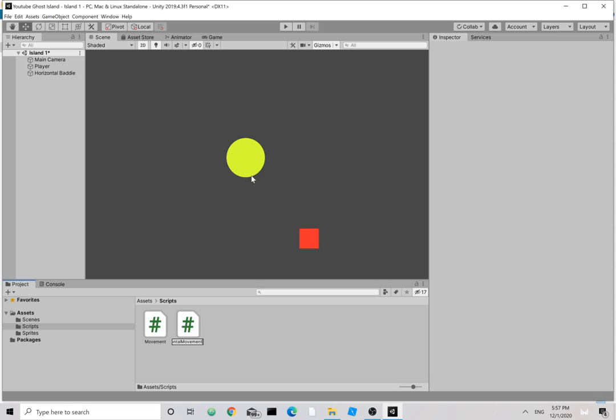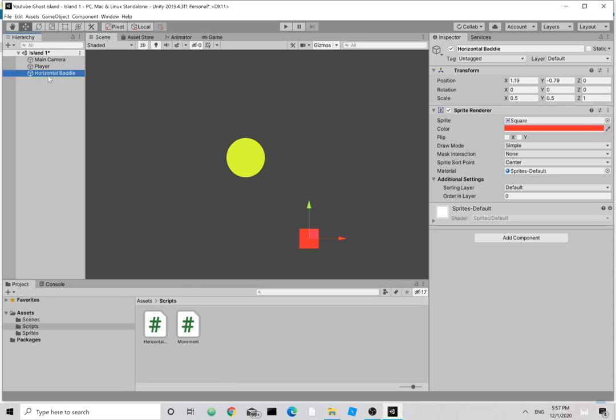I don't like to have spaces in my script names. Horizontal movement. Okay, and this is going to go onto this horizontal body. You can just drag it over like this, or you can just drag it here like that. But as you guys are starting out, I'm just going to do it the way that will help you understand what